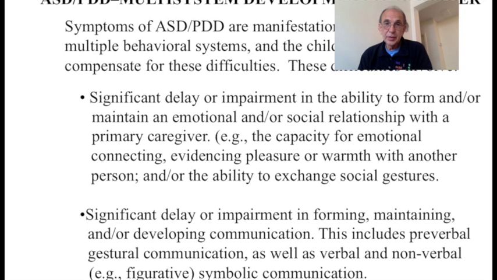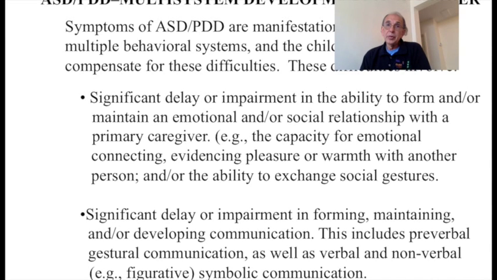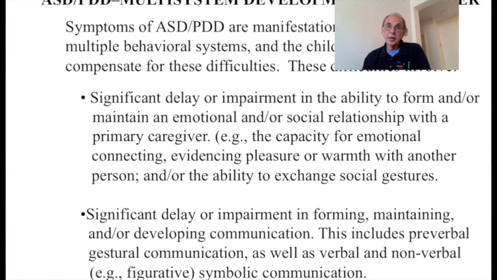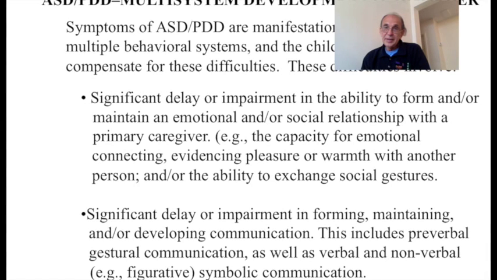Definition of ASD, autistic spectrum disorder, pervasive developmental disability, that I prefer over most other definitions, and that is Stanley Greenspan's MSDD approach. That terminology, MSDD, refers to multi-system developmental disability, and that's a term he uses to refer to and understand autistic spectrum disorder, and it indicates that